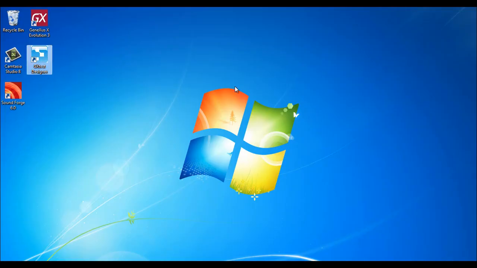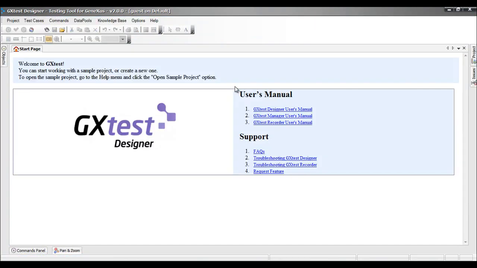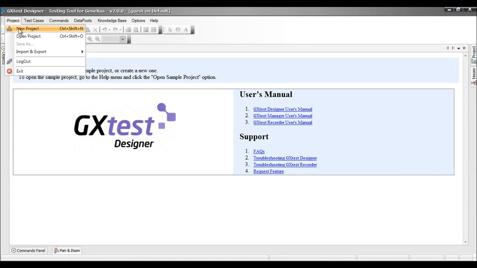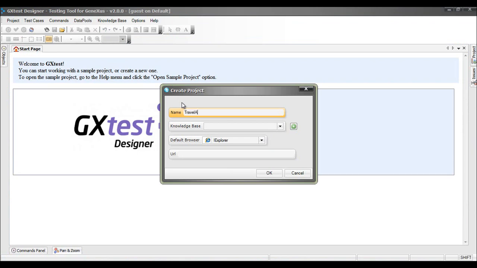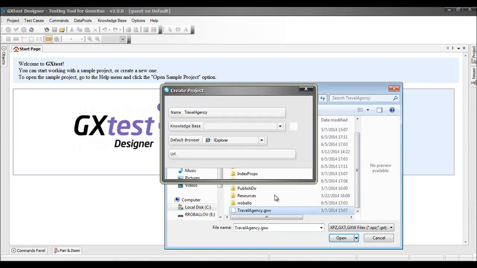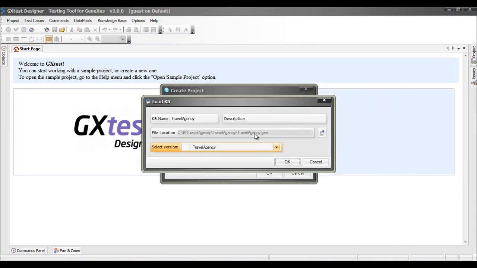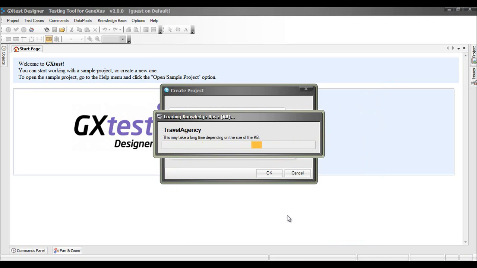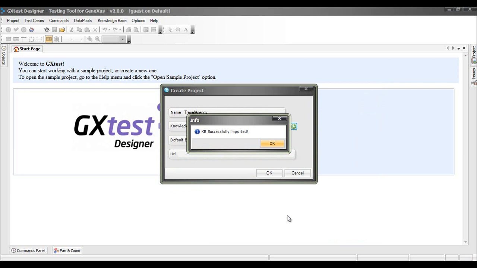We now execute the GeneXus Test Designer tool from our direct access in Desktop. We then create a new project doing Project, New Project, and call it Travel Agency. We now press the green plus sign, select the KB from the folder where we've saved it, and add Travel Agency as description. We then press OK and see that GeneXus is reading data it needs from our KB. And lastly, we receive the message of KB's successful import. We then press OK,